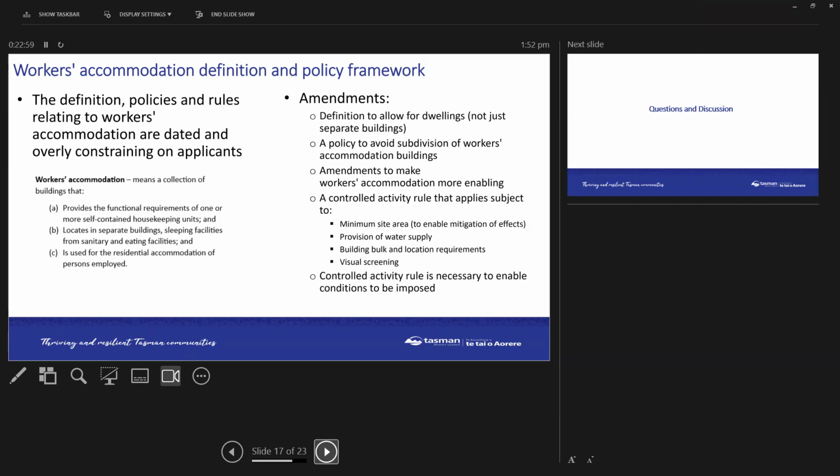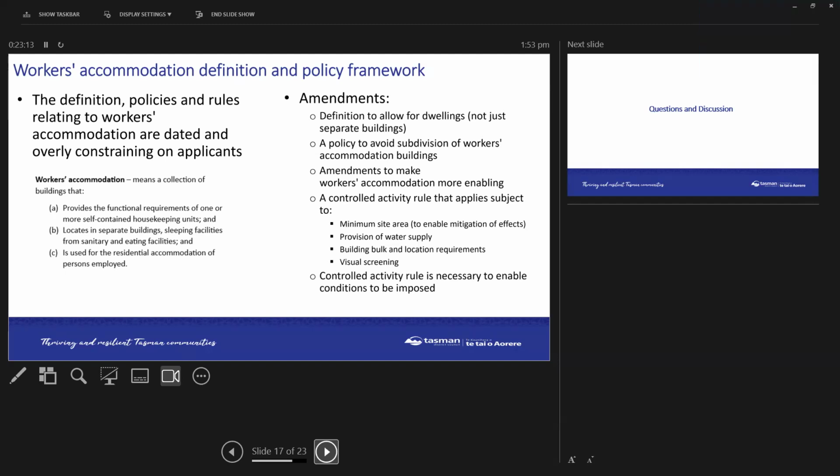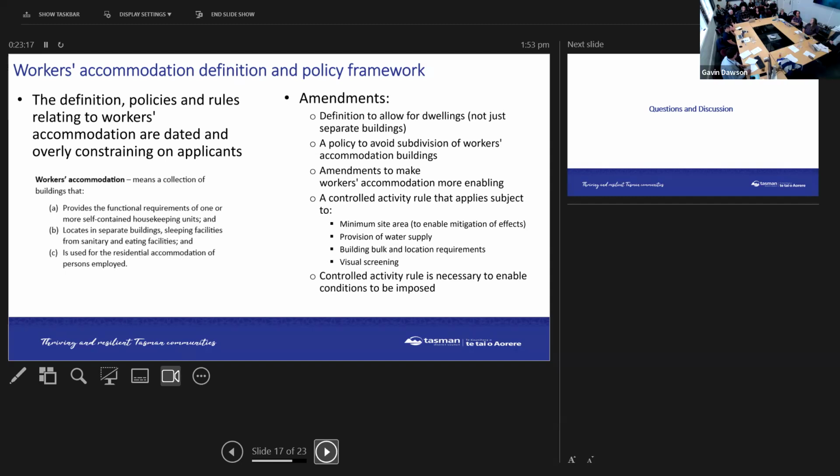I don't think I want to touch the food. We'll probably make it more of a controlled activity, which is a bit more straightforward, with things that it will be subject to. Hopefully it's a lot more straightforward. Where can workers' accommodation be? Are they restricted to